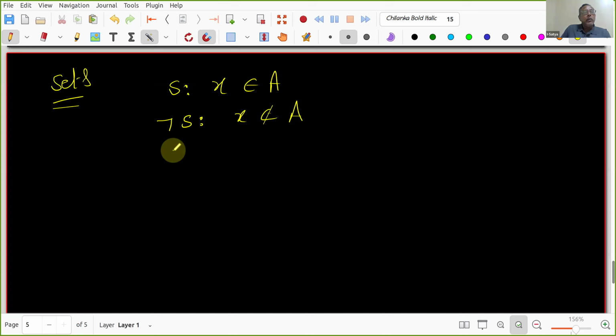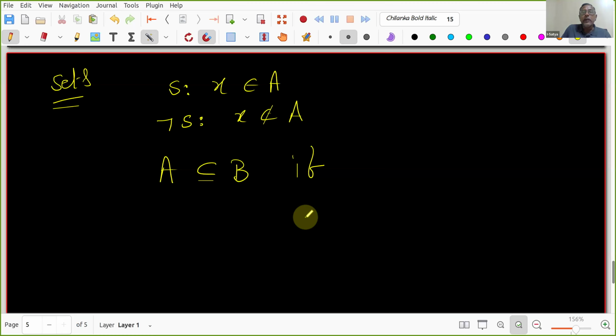So this is without any quantifiers. Now what about this one? A subset of B. Is anyone willing to define it? Tick fast. A subset of B if. Be quick. This you know already. If you do not know, no issue, you can tick no also. A is subset of B if,